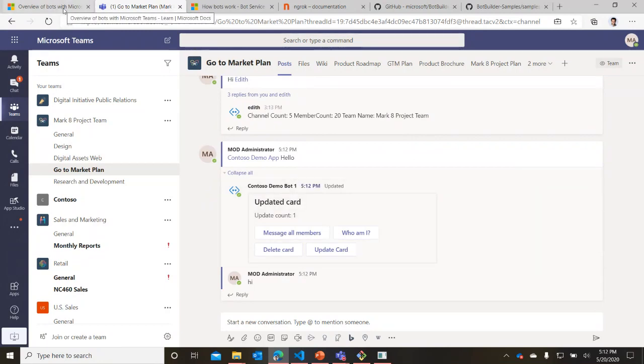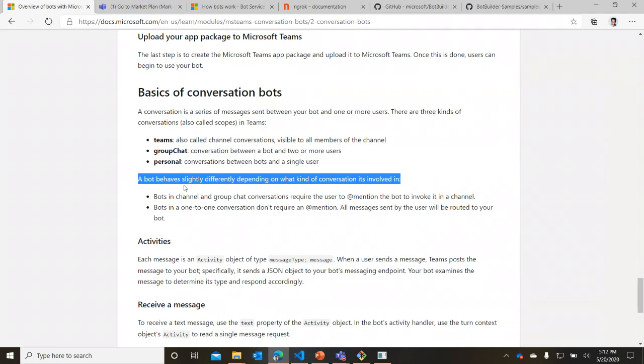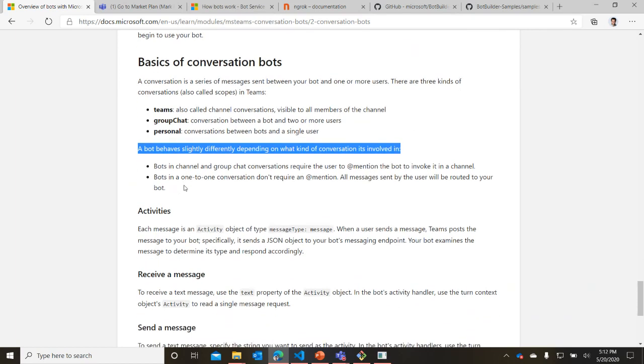So that's one little nuance of the way that bots behave differently depending on the context that they're in. In a chat, in a channel or a group chat, they will only have